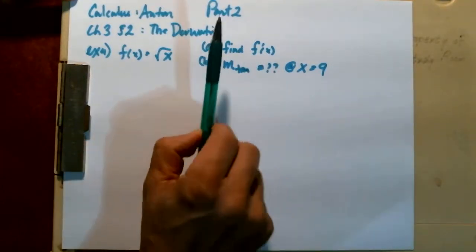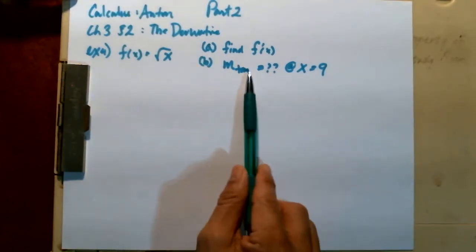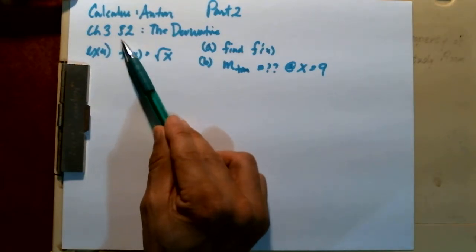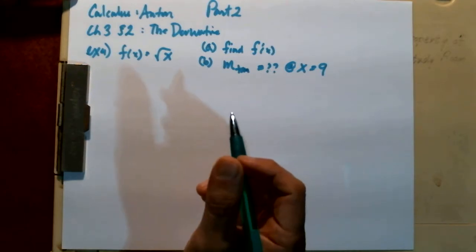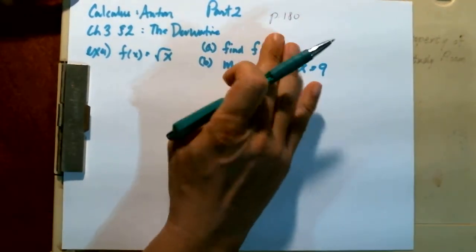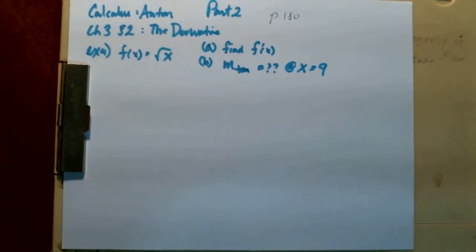This is part two. I've got to do a couple more examples as well as types of non-differentiability. So chapter three, section 2 is called the derivative. This is actually starting on page 180 of Anton. So if you want to change your text to page 180 of the function f of x equals square root